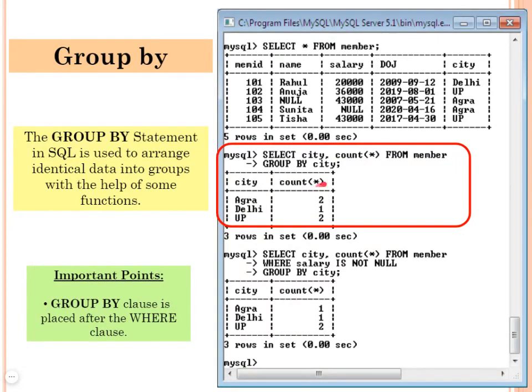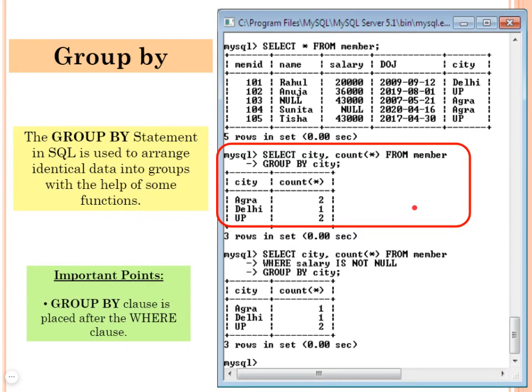So Agra has 2 records, so it will give 2. Delhi has 1 record, it will give 1. UP has 2 records, so it will count as 2. Clear? COUNT(*) is going to count the items present in that group, and the GROUP BY command will show the group of the particular items.